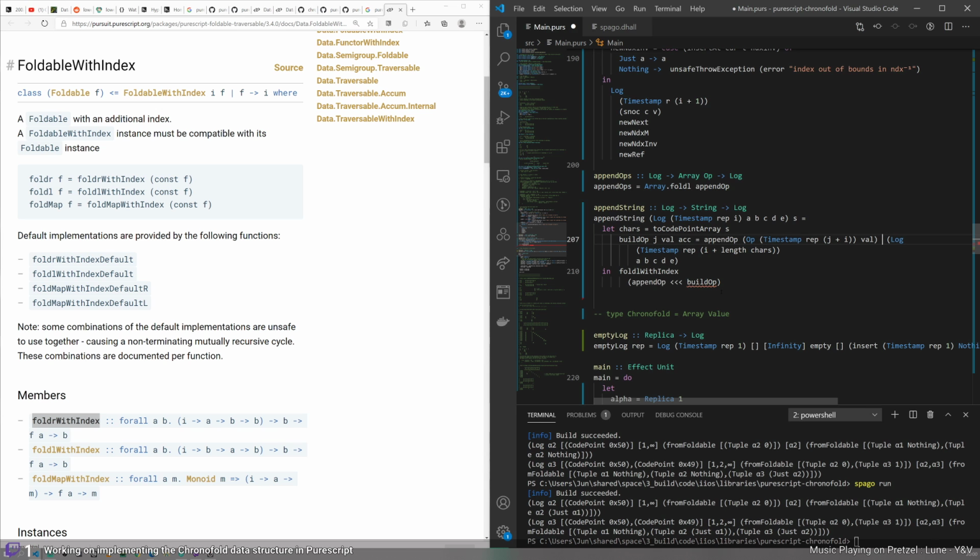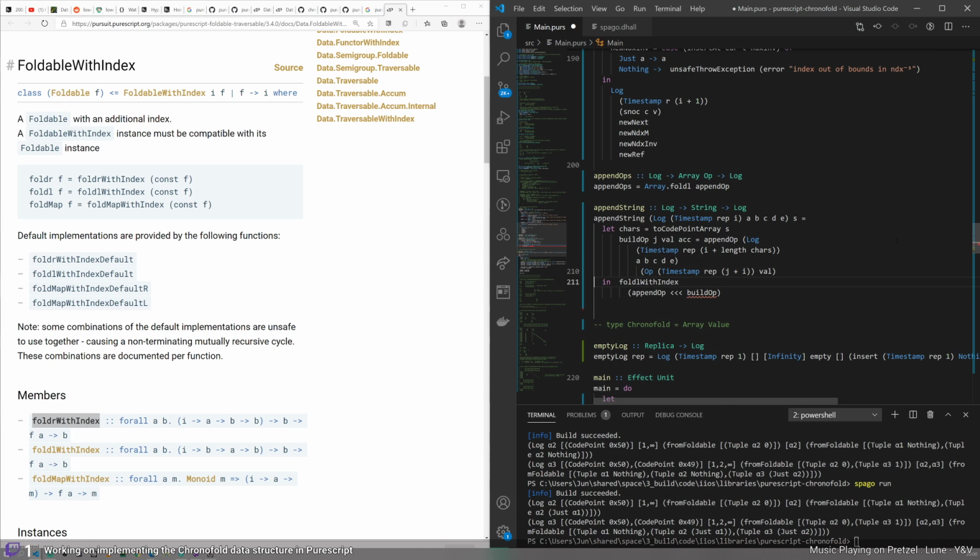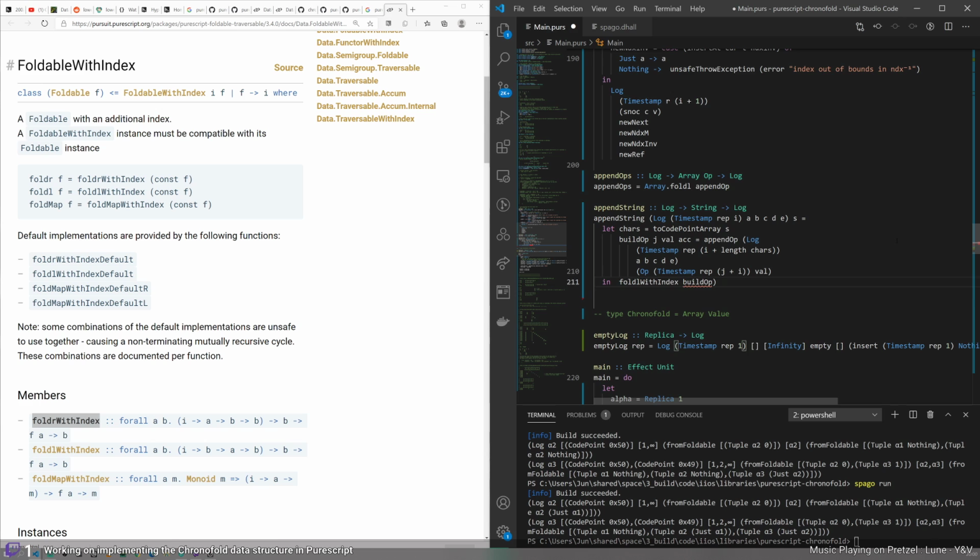No, actually we need to do this in the other order. We append to the log the op. And then we just fold that with index, build up of S. And my